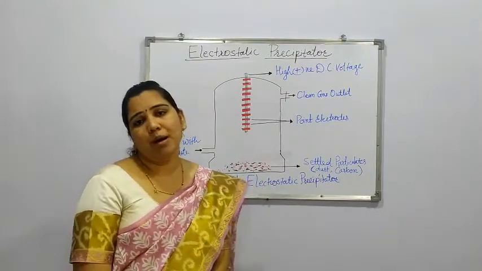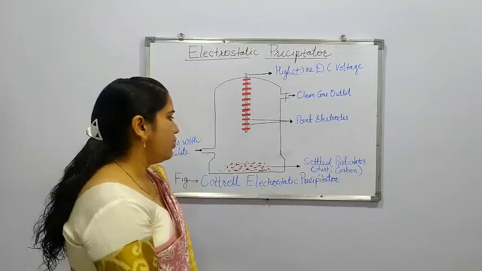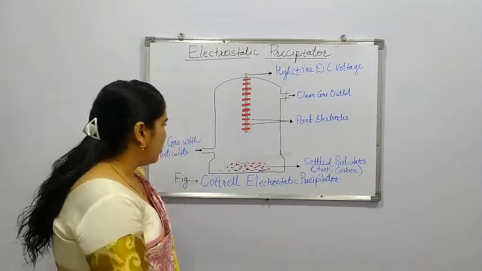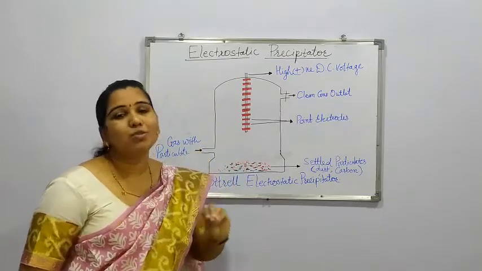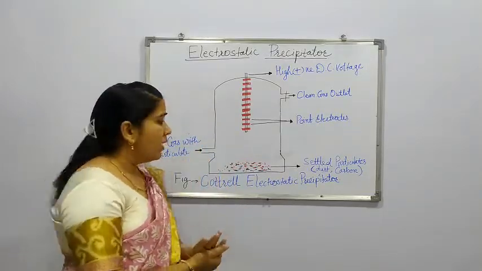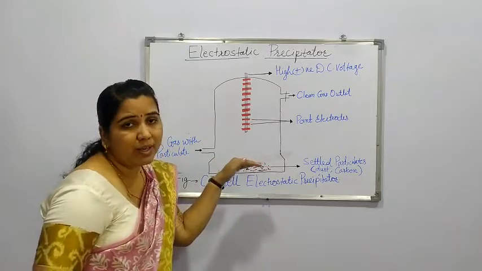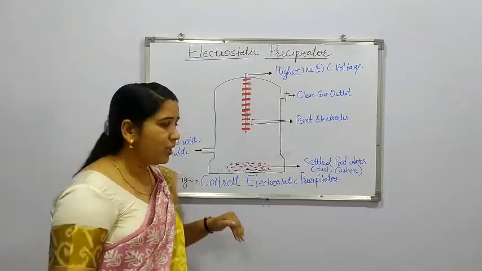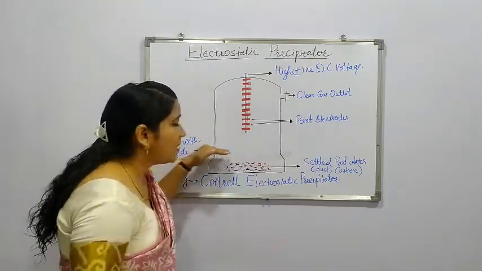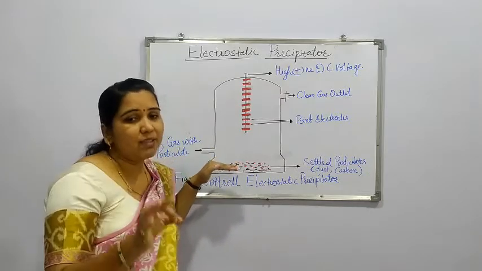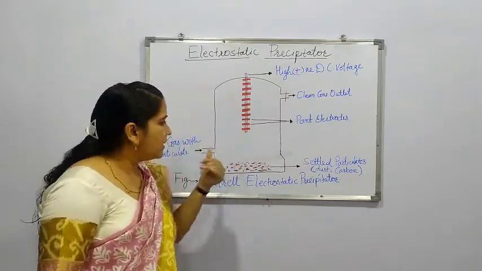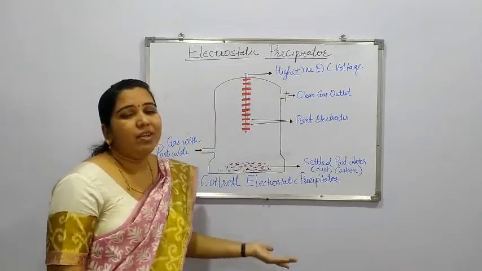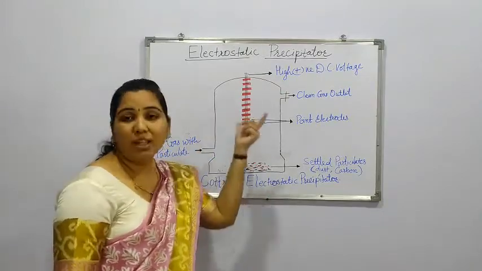So this all is about the construction. Now next we have to move towards the working. Its working is that first of all, the gas with smoke or dust or different particulates is passed through the inlet present at the bottom of the container. As soon as this ionized gas is provided inside the container, as a gas it has a natural tendency to move toward the upper side.